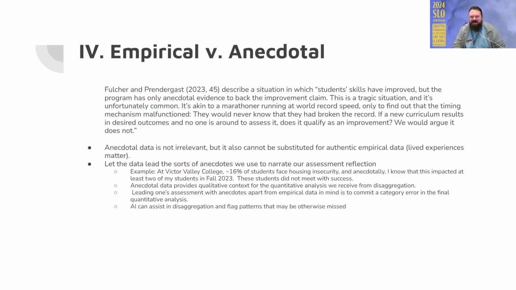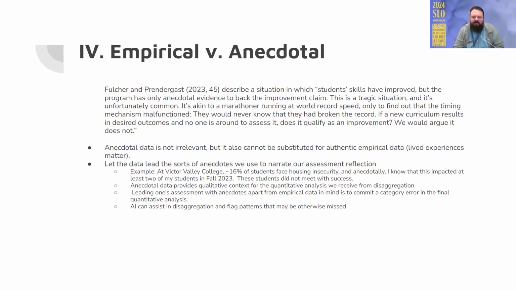We could discuss that, but again, I think this goes back to this idea of, are we able to document the behavior and use it to leverage improvement? And if you're not observing it, it might as well not exist for you. So we could talk about whether there's the thing in itself or not, but it's not there for you. But we would contend that anecdotal data is not irrelevant.